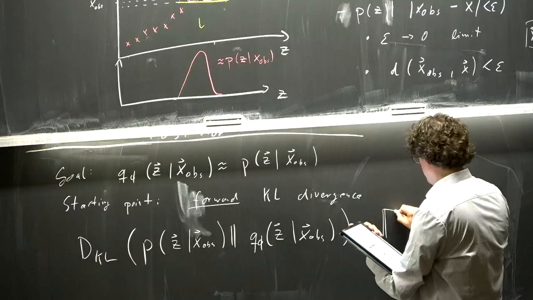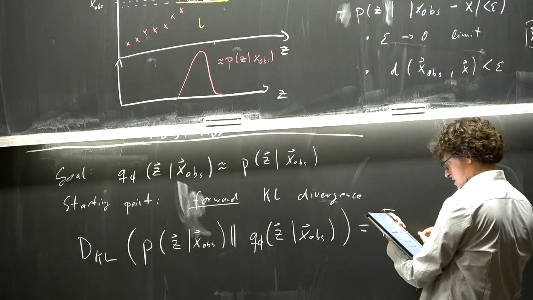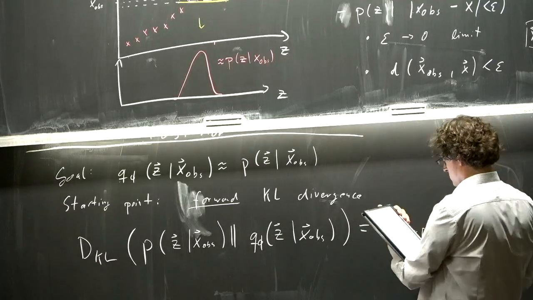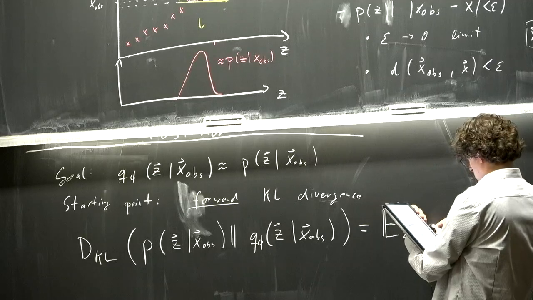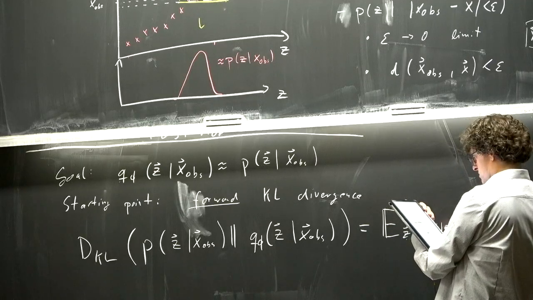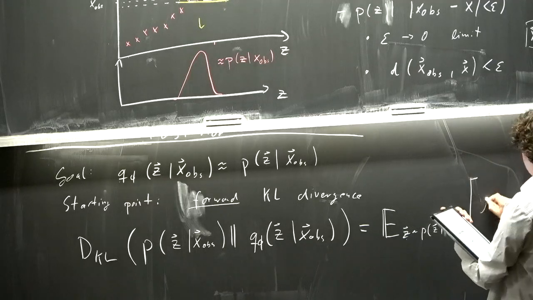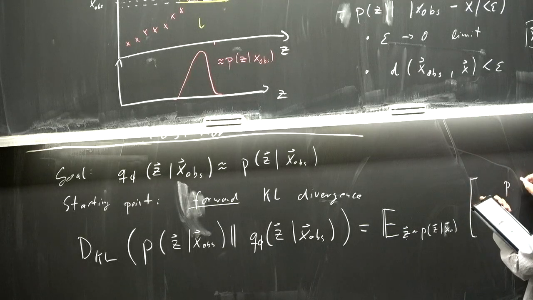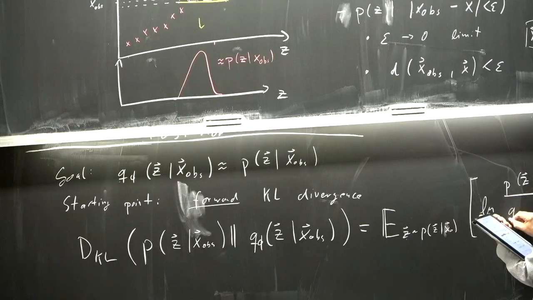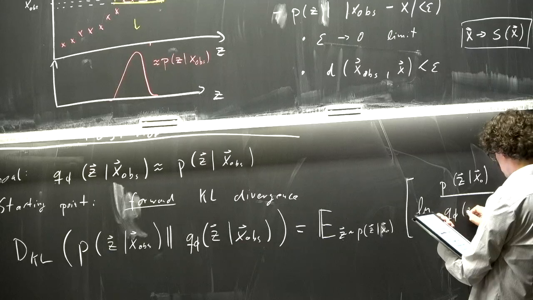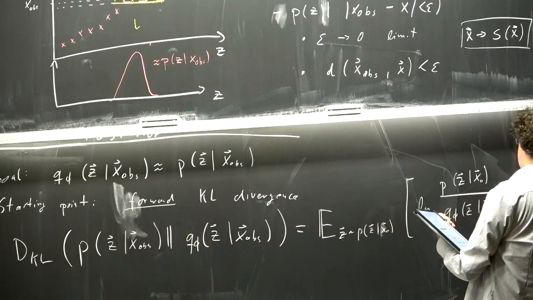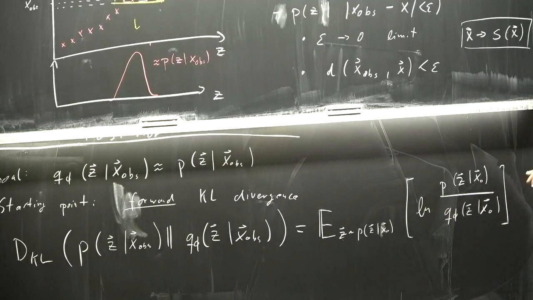And I can again write the definition in terms of samples. So this would be evaluated by sampling from the true posterior, from our target posterior, and then we take the expectation value of the log ratio between the target posterior and the variational posterior. Okay, so this is our minimization objective. Well, it's not entirely our minimization objective yet, but it's the starting point.